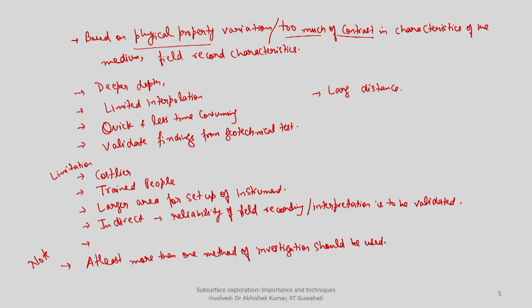I had mentioned different methods also, like seismic reflection survey, seismic refraction survey, electrical resistivity, magnetic anomaly methods, gravity test, suspension logging, then multi-channel analysis of surface waves, spectral analysis of surface waves, and so on and so forth. Now, we will be discussing what the seismic methods are, because the first two methods are called seismic reflection survey and seismic refraction survey. So, what do you mean by seismic methods? Why is it called seismic methods?